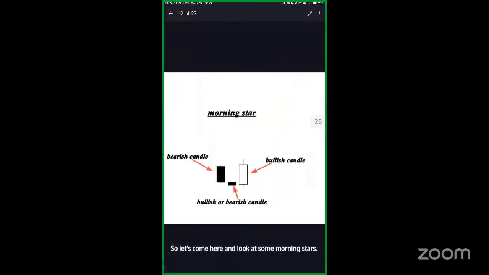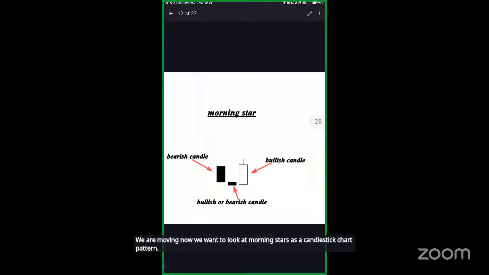They are also available in the market. Some morning stars, they are available in the market. Yes, stars of the morning. All right, so we are moving. We are not at the same place. We are moving. Now we want to look at morning stars as a candlestick chart pattern. All right. So as you can see here,